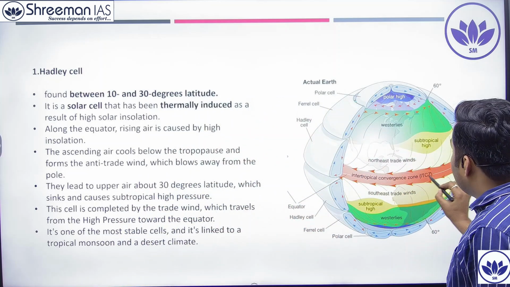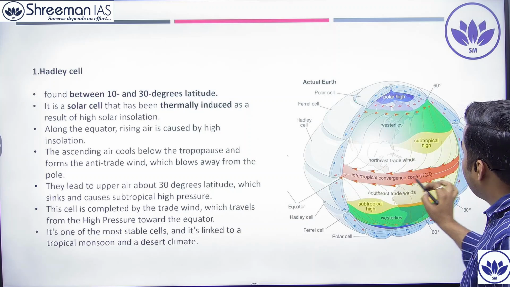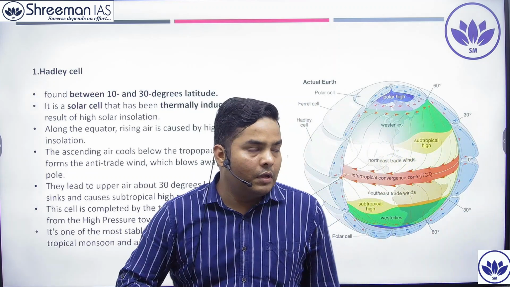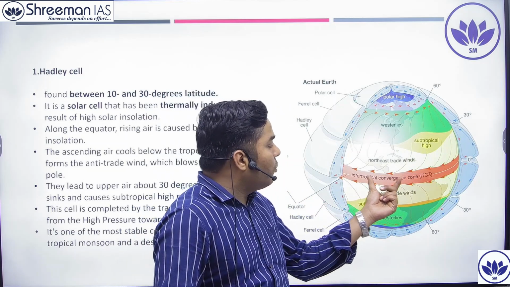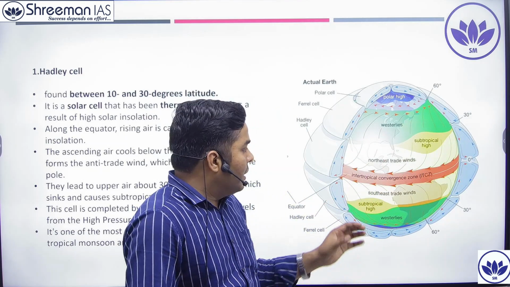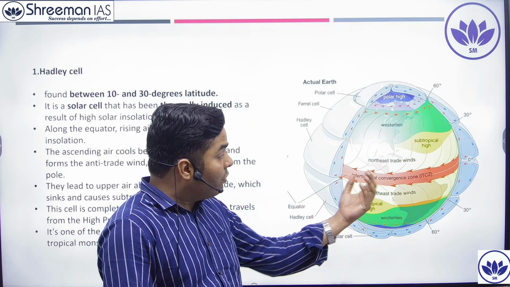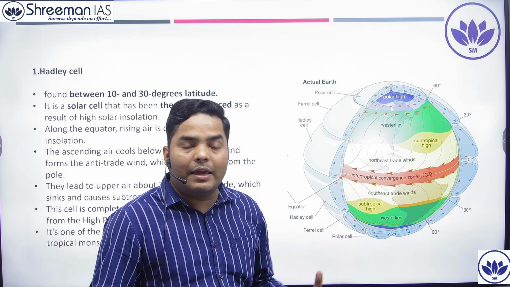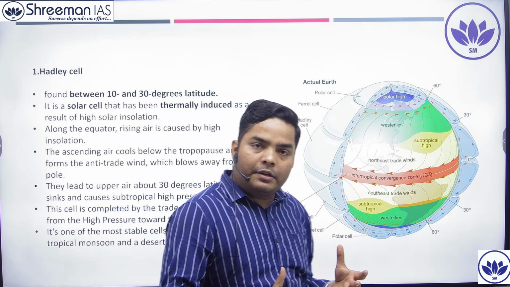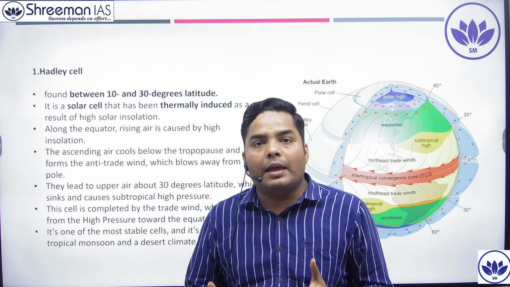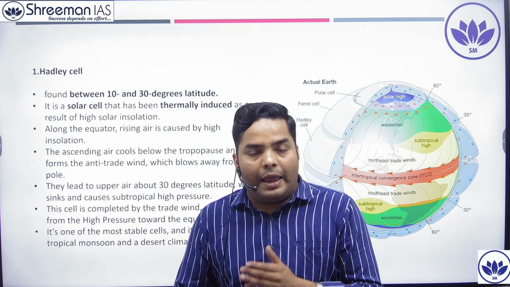This is the ITCZ region. This red area, between 10 degree north to 10 degree south, is called the intertropical convergence zone. And here maximum insolation is received. Because of maximum insolation, the air mass is heated, and because of the high temperature, the air mass has low density,